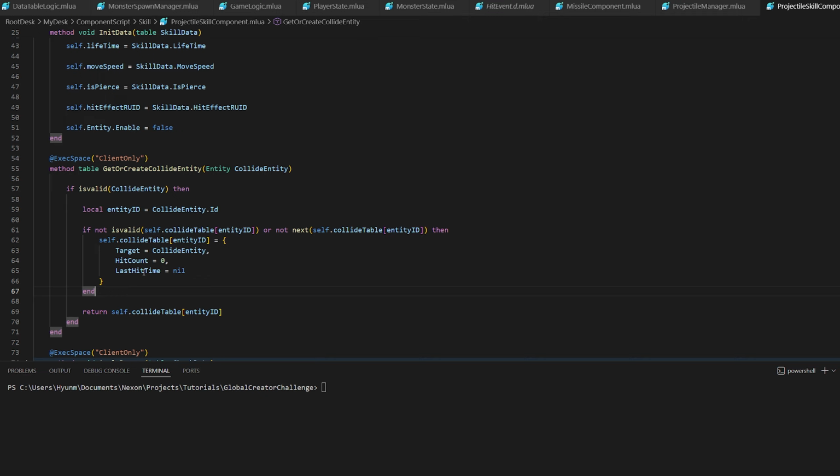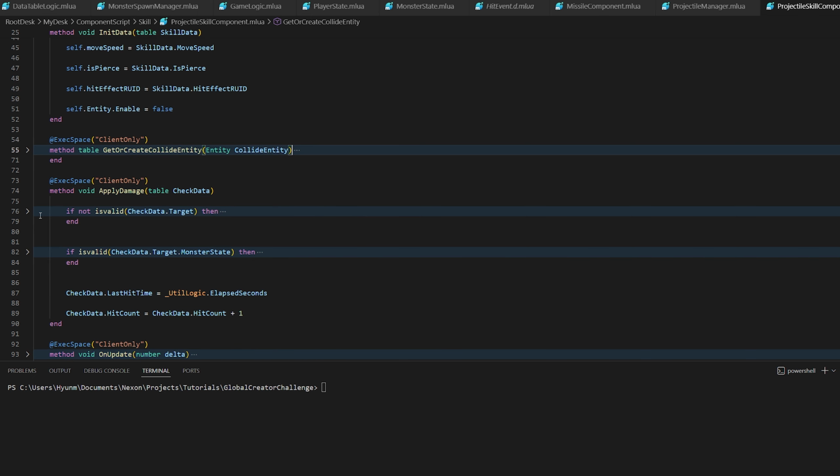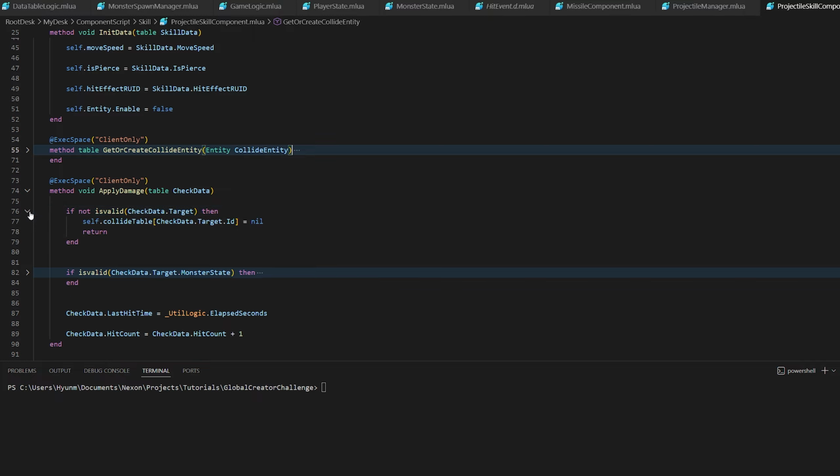And then we have the last hit time set to 0. So this won't have a track of the last time it's been hit yet. If it does exist, or if it's just been created, then we're going to return the collision table based on the entity ID. We have our apply damage method next, and this again is going to do a quick validation